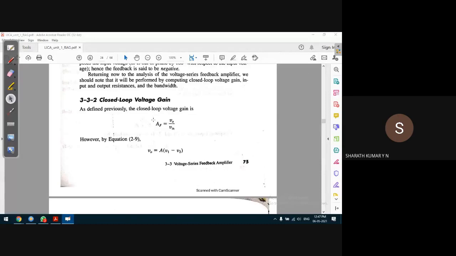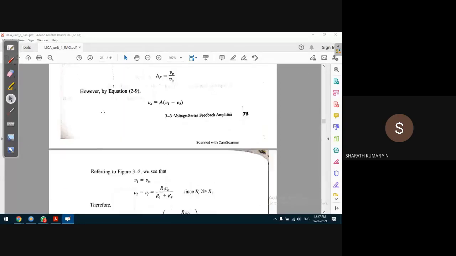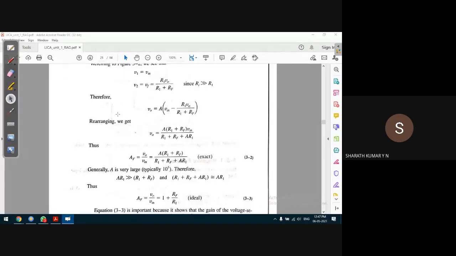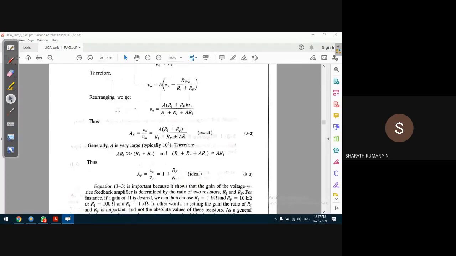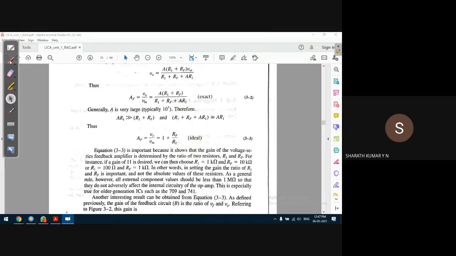Okay, closed loop voltage gain, that is with the feedback. With the feedback, closed loop voltage gain can be represented like this. This is for the inverting amplifier. I'm sorry, yes, this is for the non-inverting amplifier. For the non-inverting amplifier, closed loop voltage gain can be represented as output by input. Okay, this derivation you can